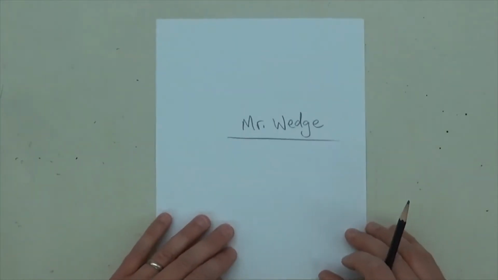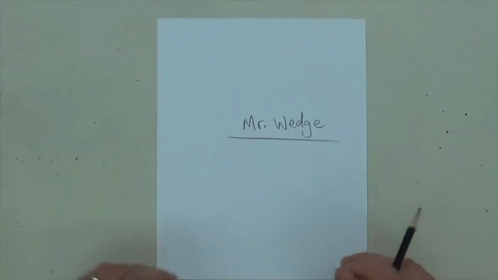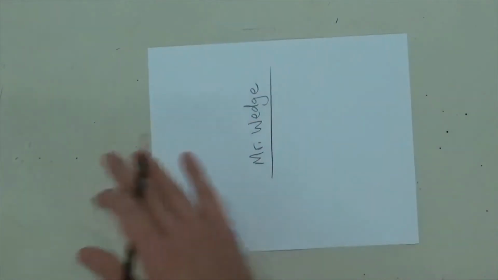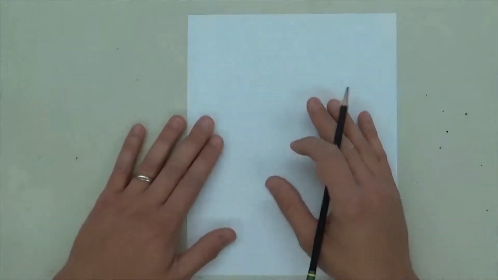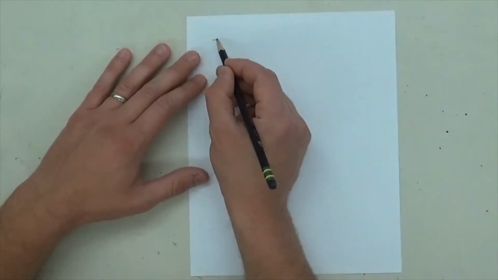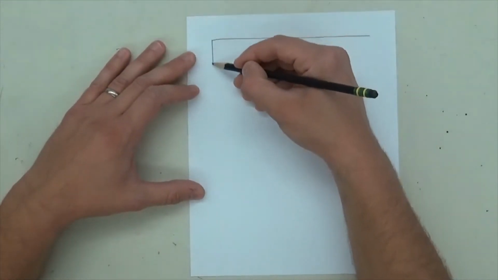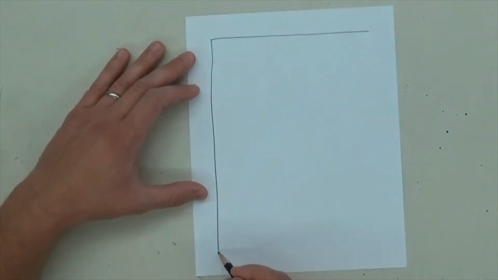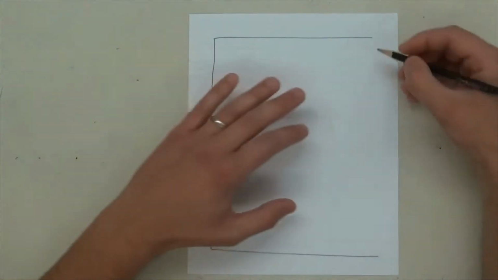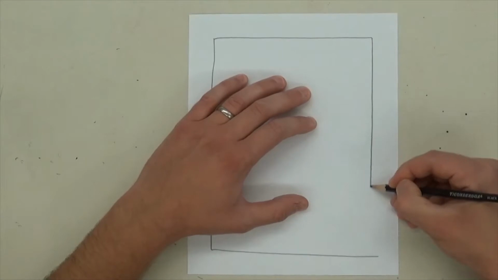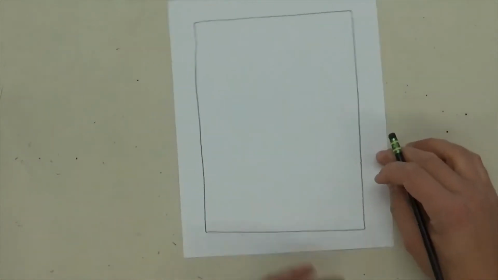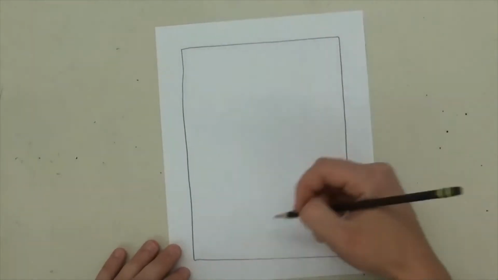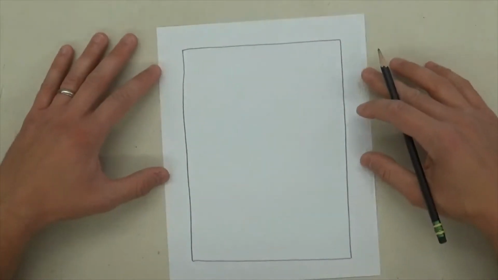And it's up to you if you work the portrait orientation or the landscape orientation. I'm going to work the portrait way, up and down, vertical. And I actually like to start with a border on the inside. It's going to be neater and it's going to look a little nicer. And I won't have as much to draw. Now my paper's a little bit smaller, so I'm just going to work in here and leave this outside